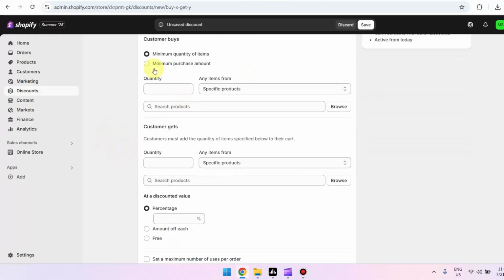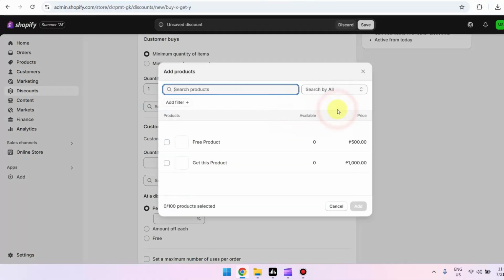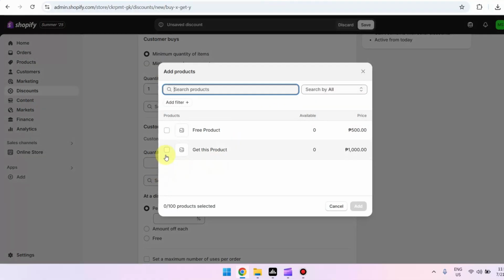Then next, this is the crucial part because you're going to set up the product that will be set up for the buy one take one discount. So we're going to start with customer buys. So from here, just select minimum quantity of items. So since this is a buy one get one discount, we're going to enter one and any items from specific products. So from here, just search or browse the specific product and we're just going to pick the sample product